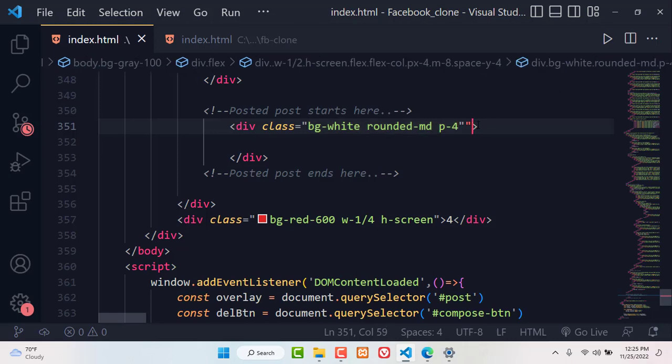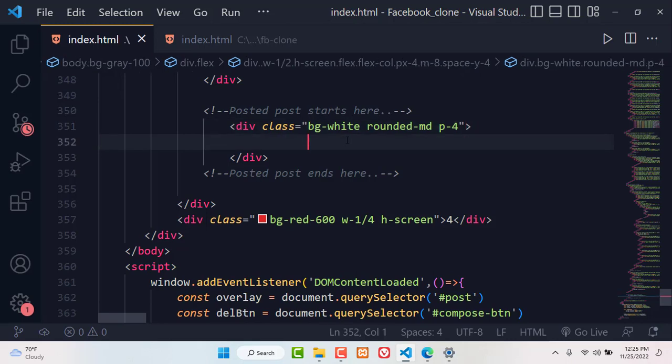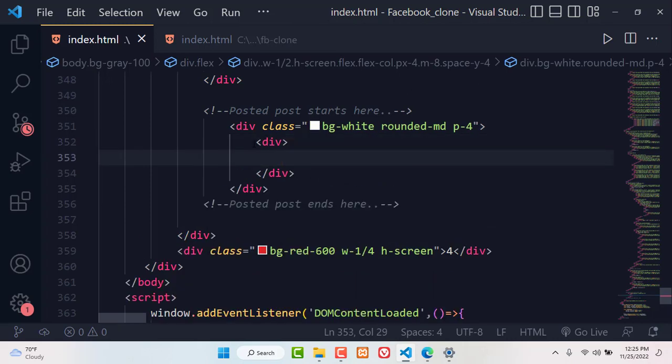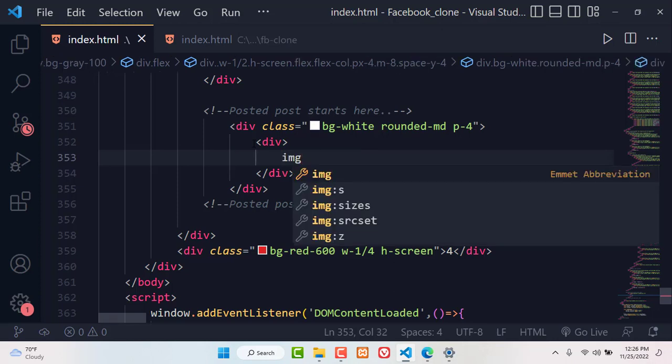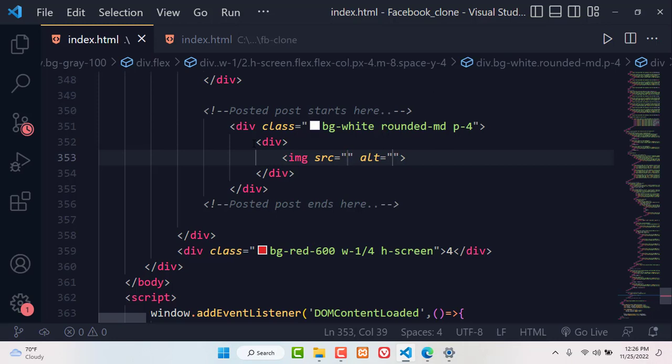And so now, just to also have that clear picture, now that we have added some few classes, we need to add some little content so that now we can see that specific div very well. So I'll add another div inside that, and this is the div that is just going to house the profile picture and the name of the person who has added that post. Yes, so inside here we're just going to have an image. So this will be the profile picture, and so the source will just be images,